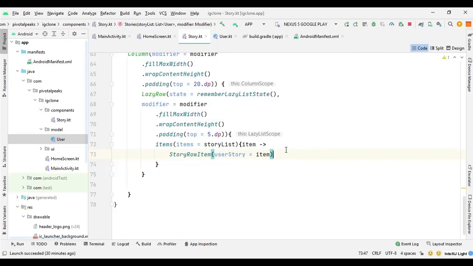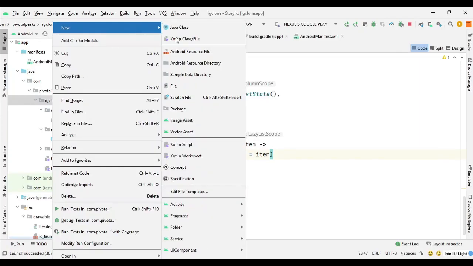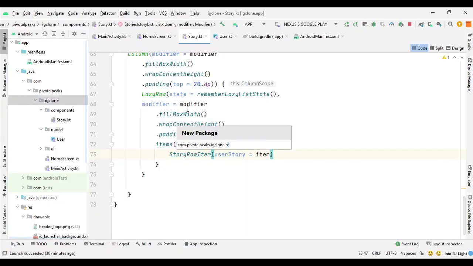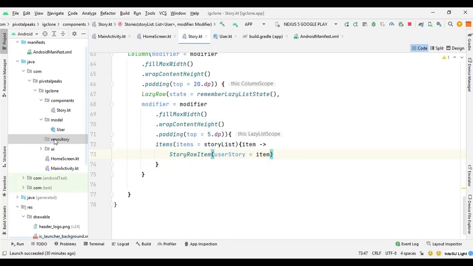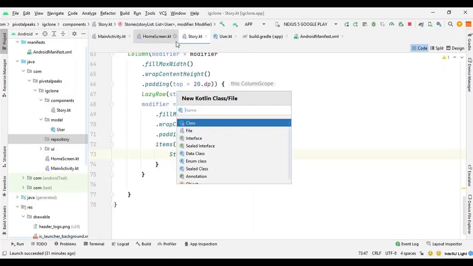Now we need to create a fake repository where we can store our fake data. For now, we will use this fake data to render some content. So let's create a repository package. And here we will create a class of story repository.